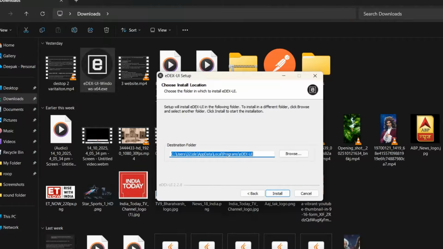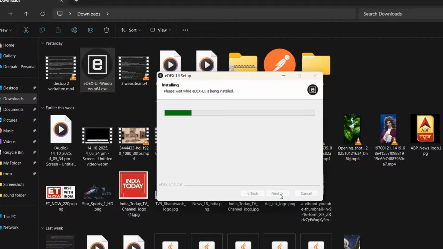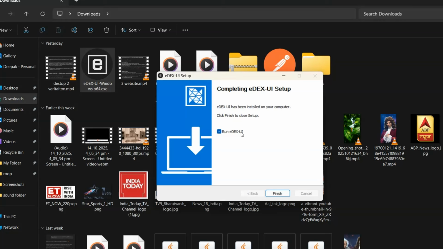It will start installation. So again you have to just click on install. See, the installation is completed and you have to check this run eDEX-UI. As soon as you click on the finish button, it will start running and you will see an amazing desktop UI,